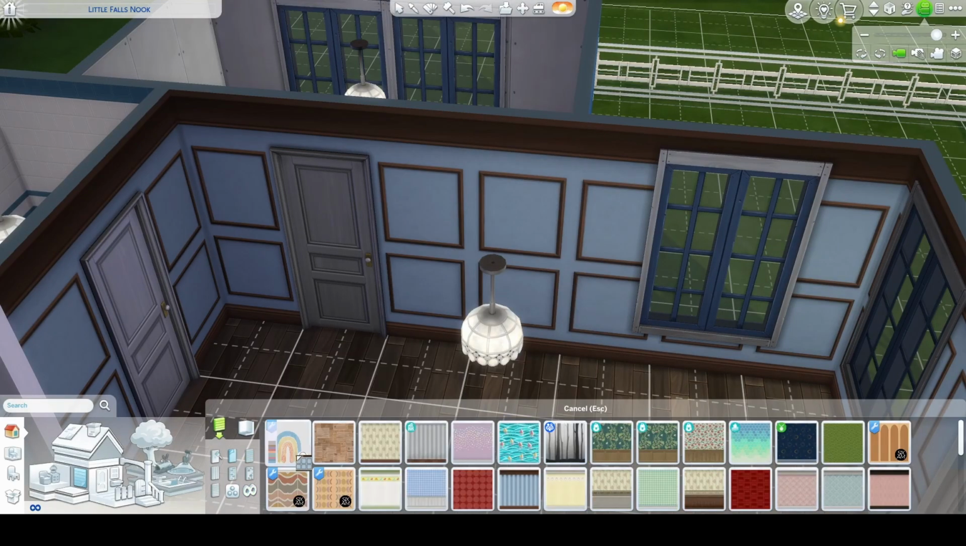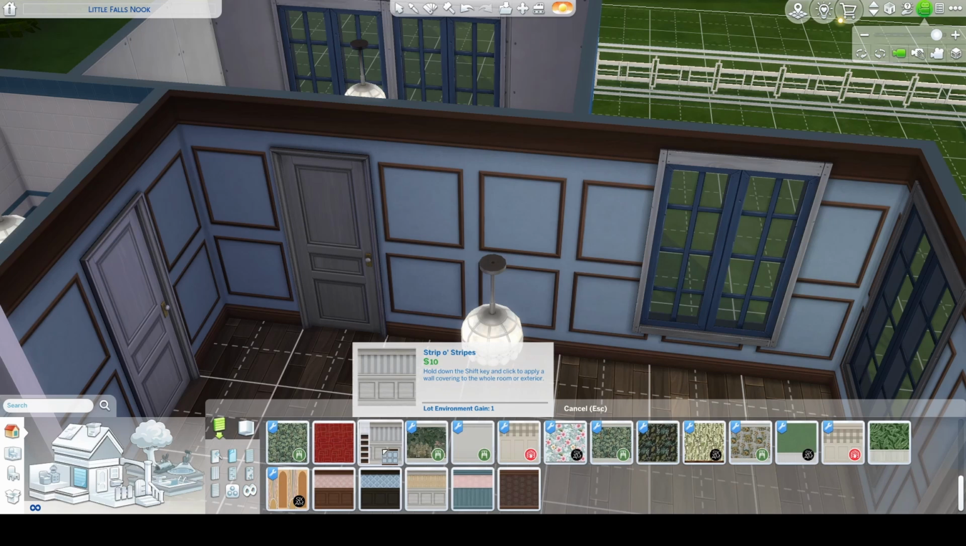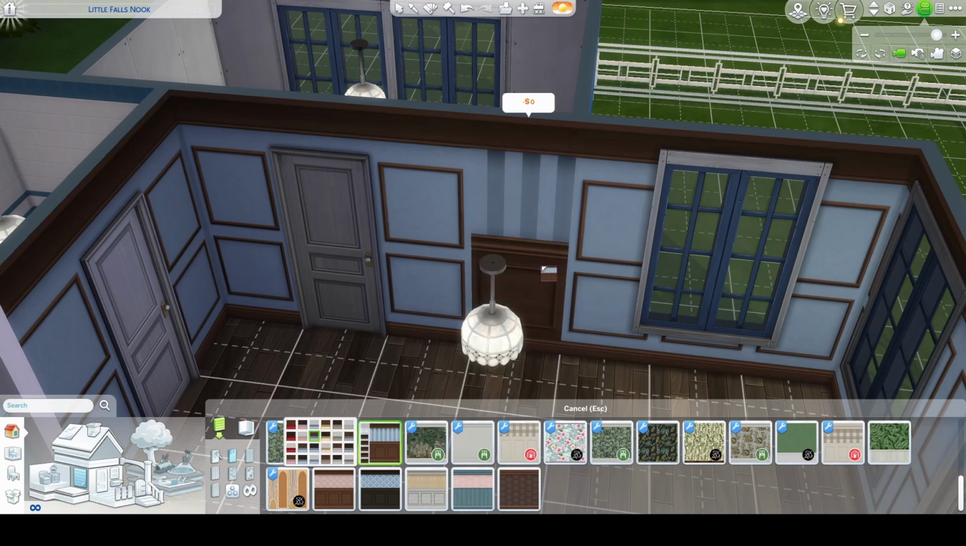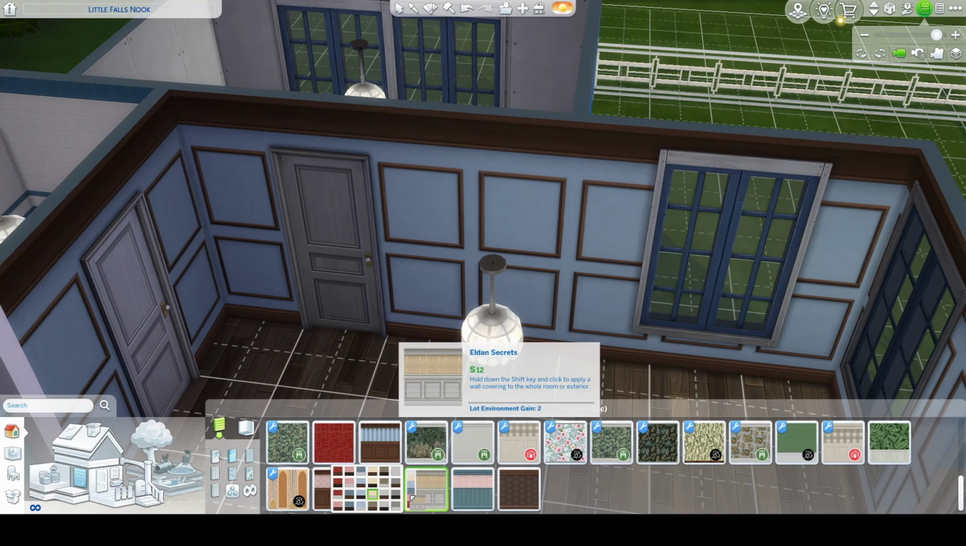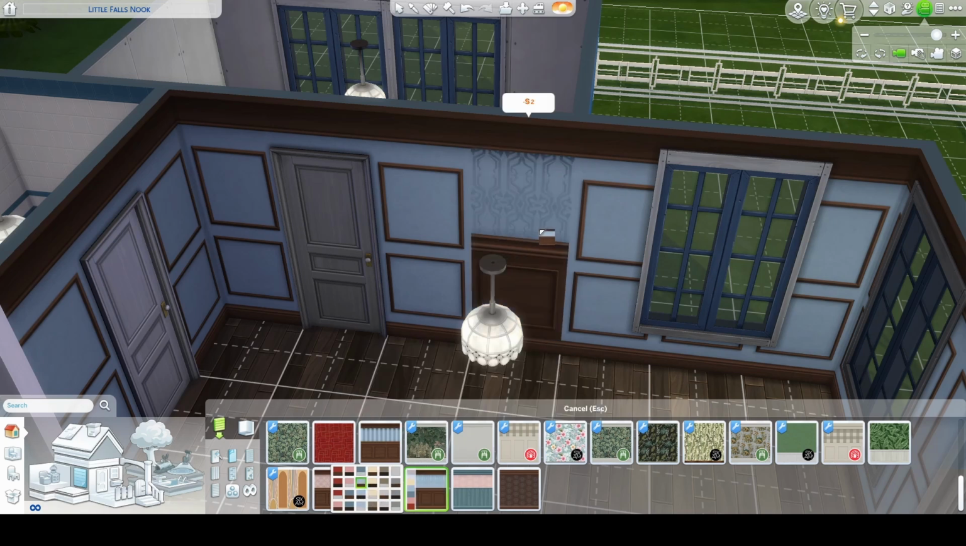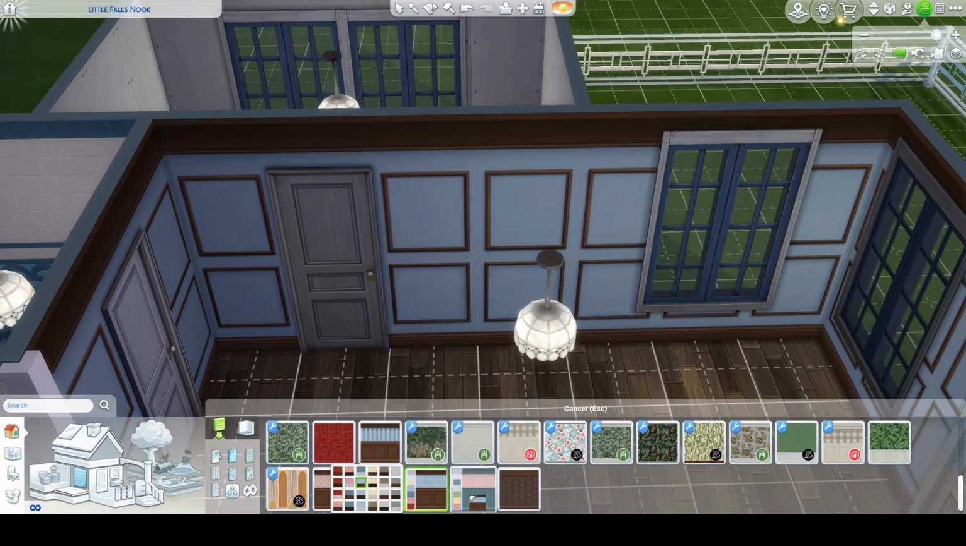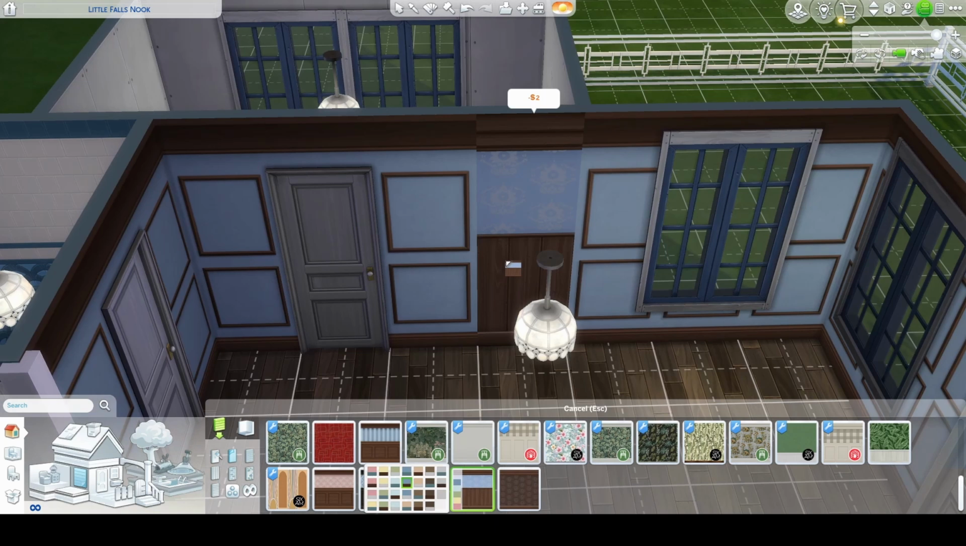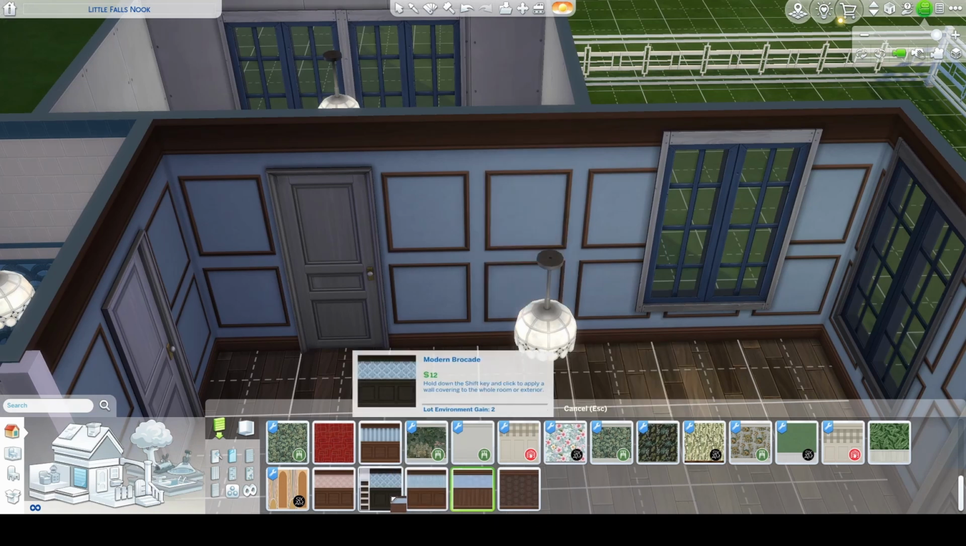Although I'm now just thinking, I do like that. I'm just wondering, what does that look like, less fancy? Because I don't want this to look like a hugely fancy house. I just want it to look kind of cute. I might use, like